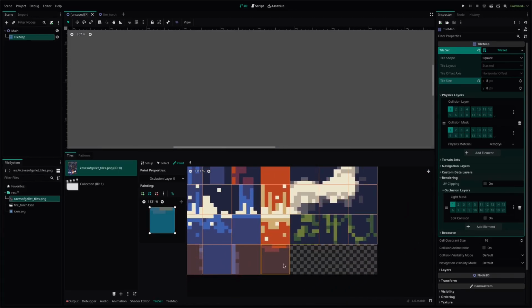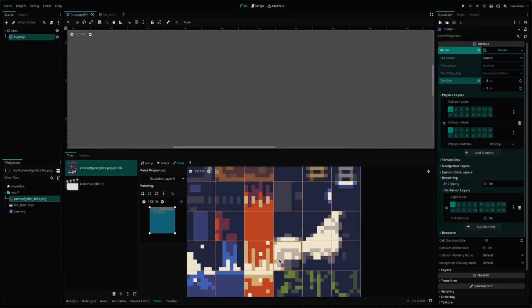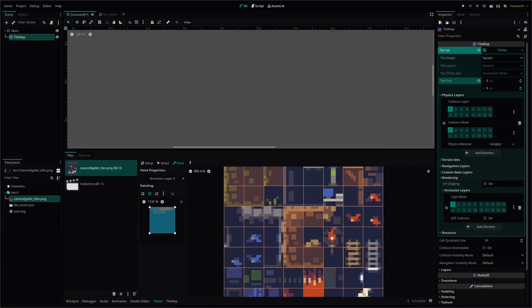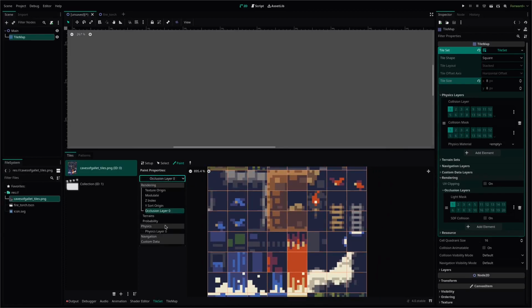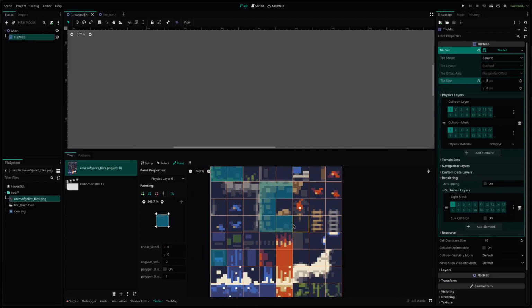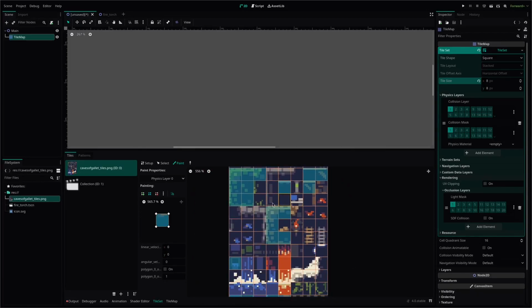Oh, we can also add collision for the bottom of the lava pit one. So we'll add that shortly. I think that's all of the blocks. Now let's do that for that one. We go to physics layer and create one here. So you can see we got our physics and